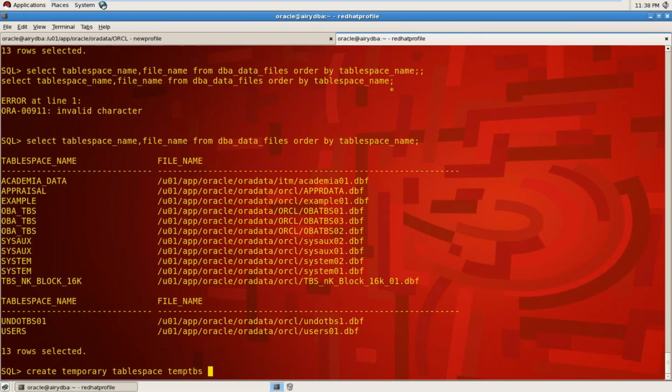And here you will give tempfile, and the tempfile path /u01/app/oracle/oradata/orcl/temp_dbs01.dbf,